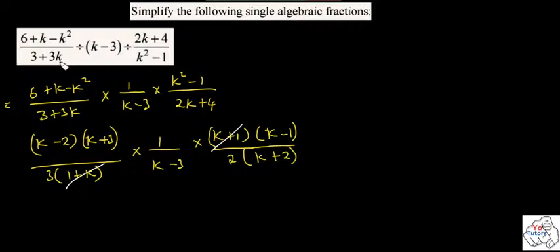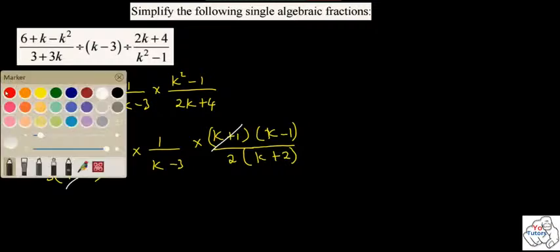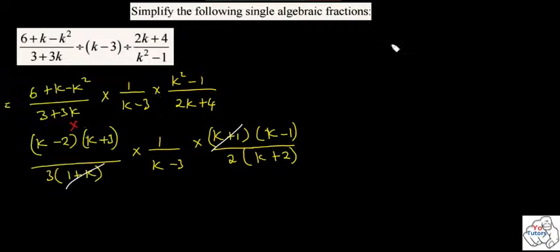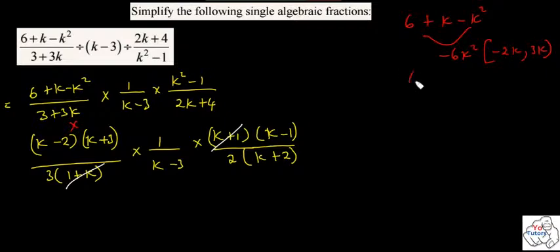Let me see here if we have done our factorization okay there. Let's just look at this one here. If we have 6 plus k minus k squared, we're going to have negative 6k squared. Then what do we have now? The two factors are negative 2k and 3k. Then we say 6 minus 2k plus 3k